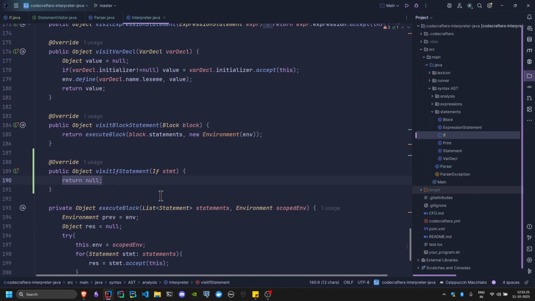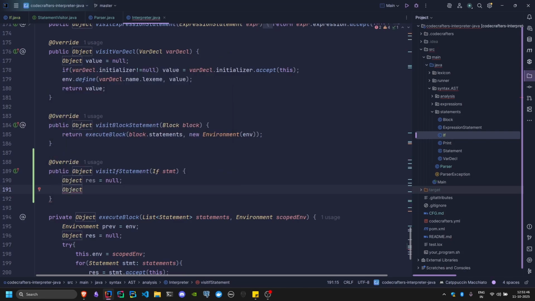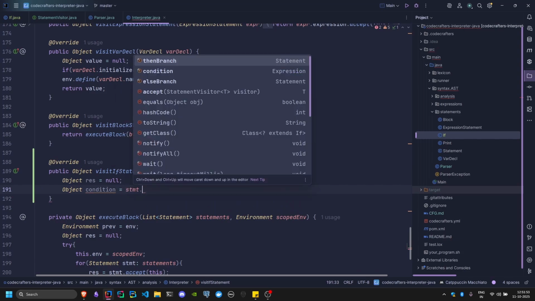But there's something else that I want to do. For any block statement, we were returning the resultant value of the last statement. Similarly, for the if condition as well, I'm going to do the similar thing. Object result, initially it's going to be null. Our condition may be truthy or falsy, but I need to evaluate that. Condition equals to